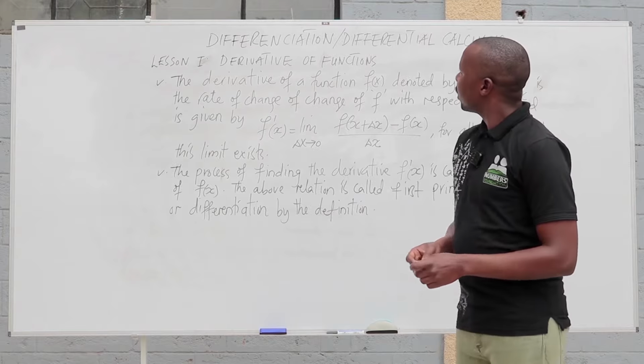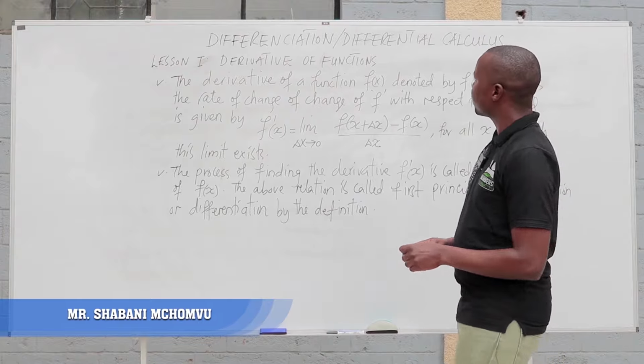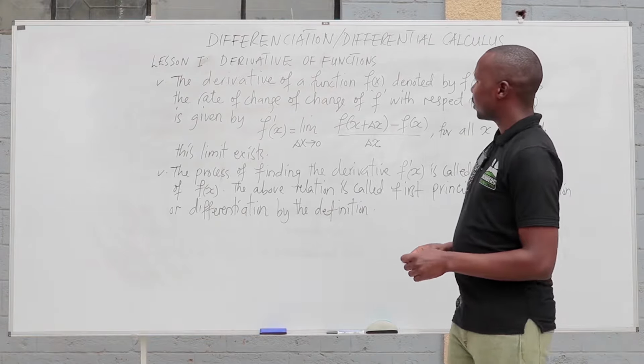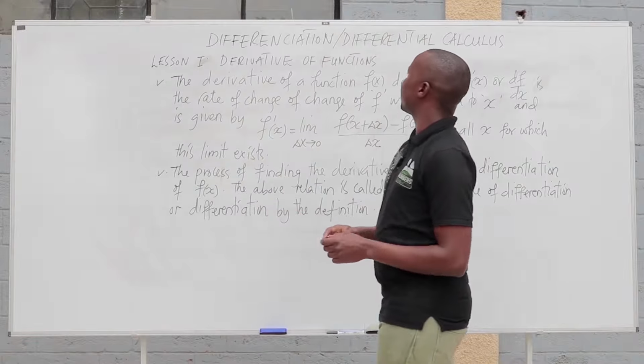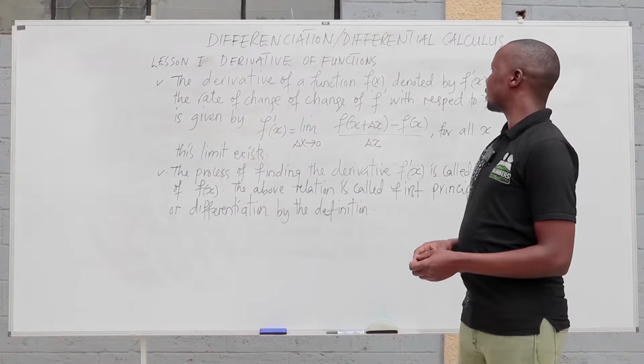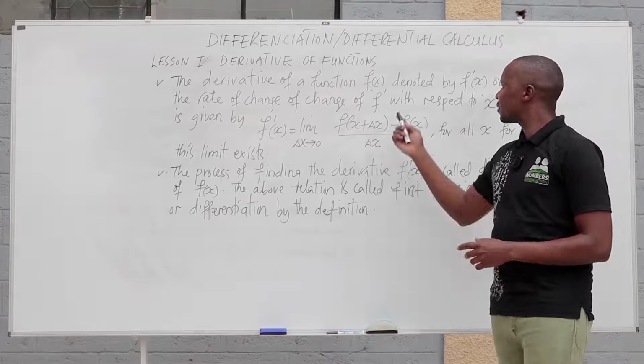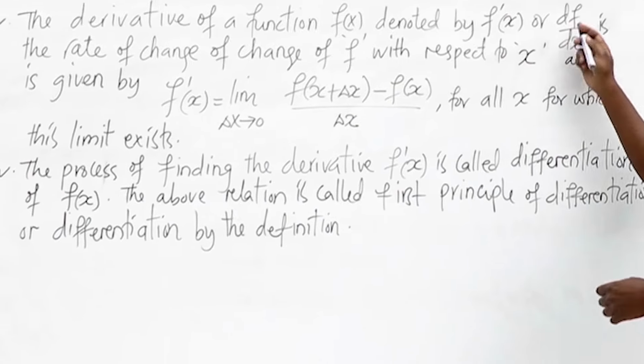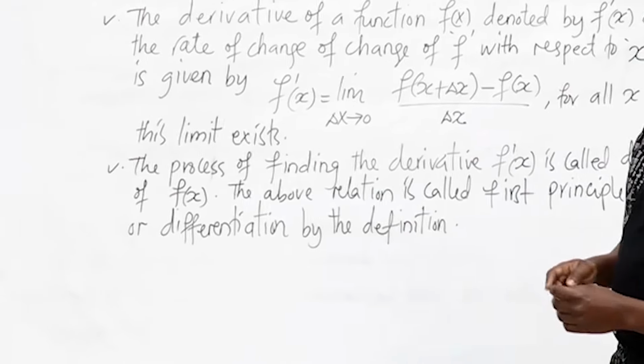So we are going to discuss the concept of differentiation, or differential calculus. And we are going to cover Unit 1, the derivative of a function. The derivative of a function f(x), denoted by f prime of x or df/dx, is the rate of change